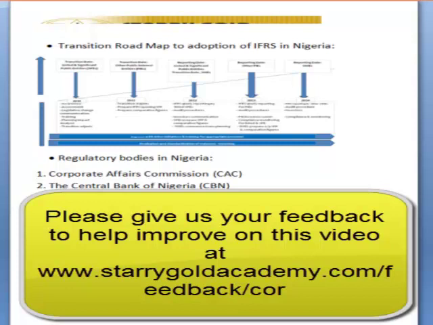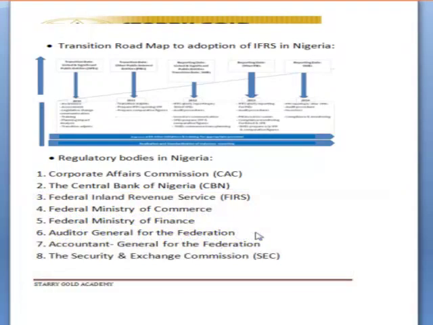So it has been issuing those standards as an accounting requirement that regulates financial reporting in Nigeria. However, of recent time, from 1st January 2012, all publicly quoted entities in Nigeria